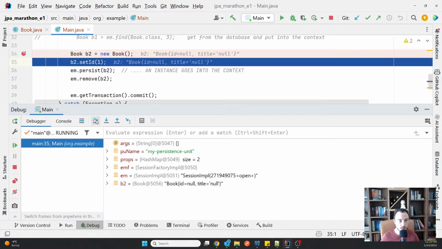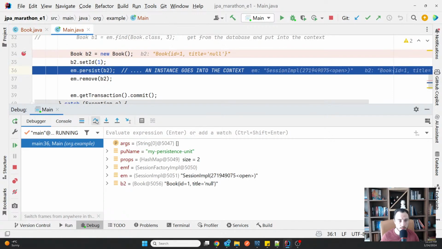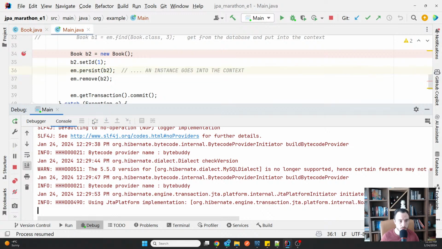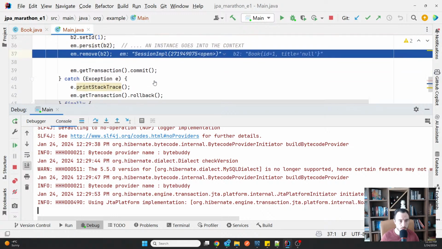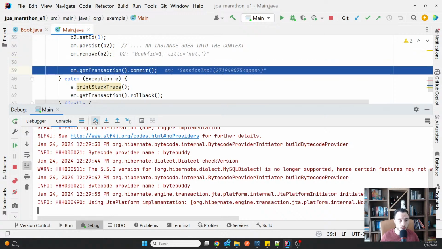Okay, go here, set the ID. I'm gonna do the console. And you see now, actually the persist didn't generate the insert anymore, which is a change in what we observe. I expected that. And then I do have the remove, which doesn't do anything. But for some reason, it still decides at the commit to do both of them. So it did change exactly the way I thought it will change.